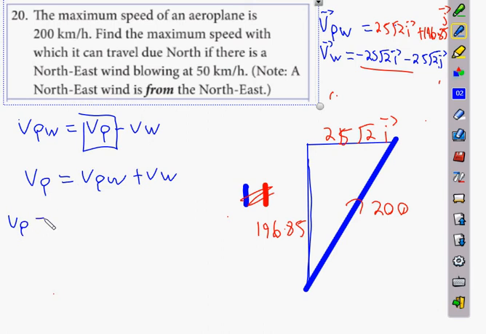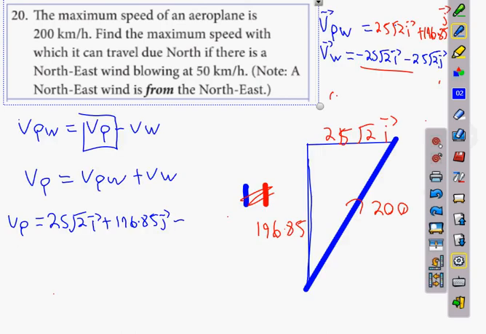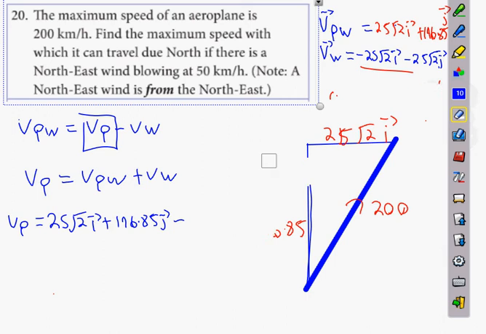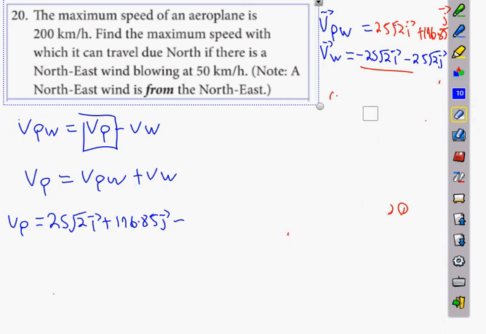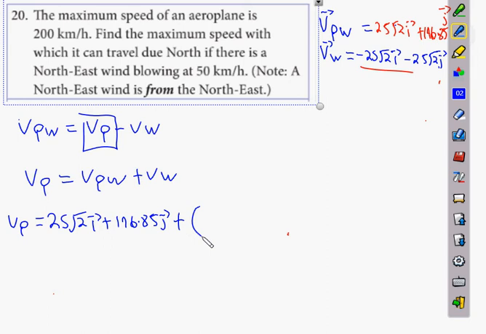Therefore the velocity of the plane is going to be VPW, which is 25 root 2i plus 196.85j, and then plus VW. So plus bracket minus 25 root 2i